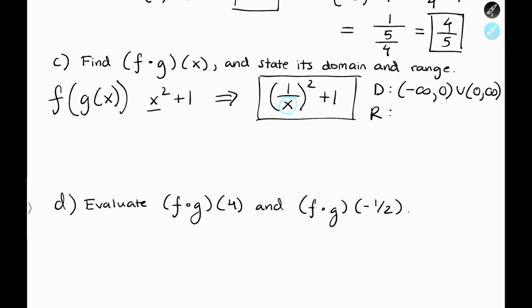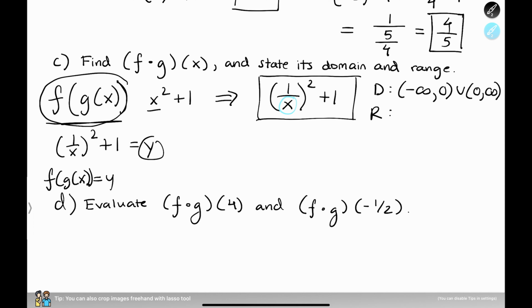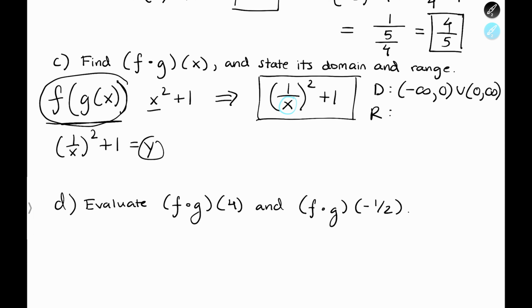For the range, it's a little bit complicated, but it's not too bad. So let's say that 1 over x squared plus 1 is equal to y. So let's set f of g of x equal to y. So this is equal to this. I'm going to erase this just for space, but I hope you remember that. If we were to isolate for x, then we would know what y values are possible in the function and what y values are allowed in the function, and then we could solve for